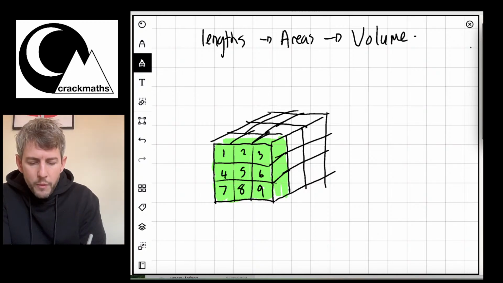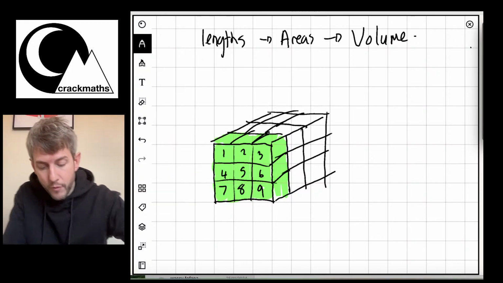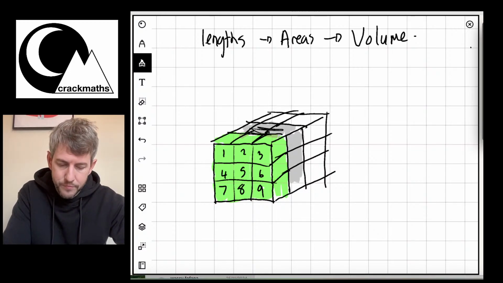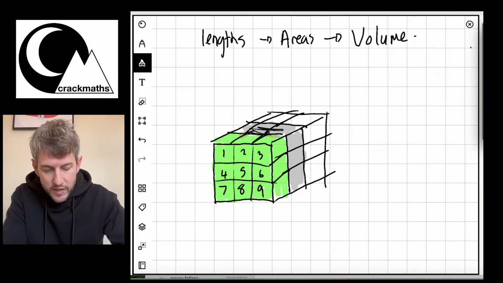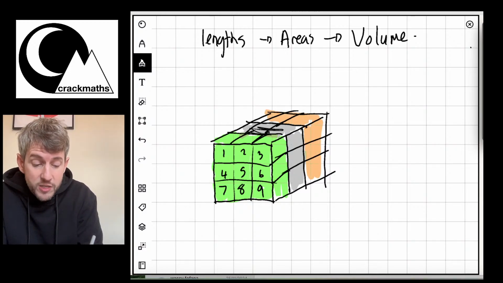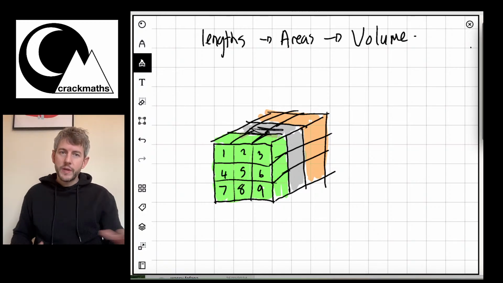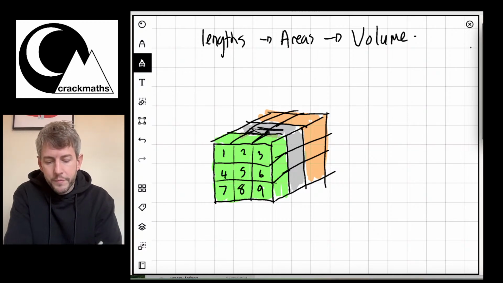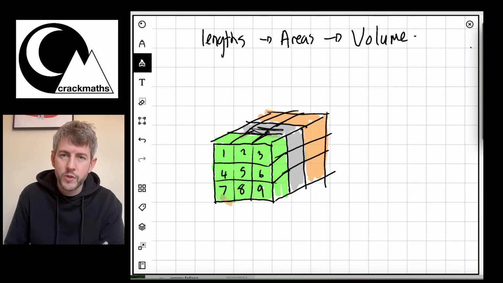So we've got a row of these green squares, then I'll put a different colour for this. We can have a row of grey squares here, and then after that we could have another row of, let's make these squares orange. And I shouldn't be saying squares, I should be saying cubes, because in order to make these rows, we do need cubes, because we need something with a bit of depth to it. So if I have 9 squares on the front here, and I've turned them into cubes, I've got 9 cubes on this front row of this